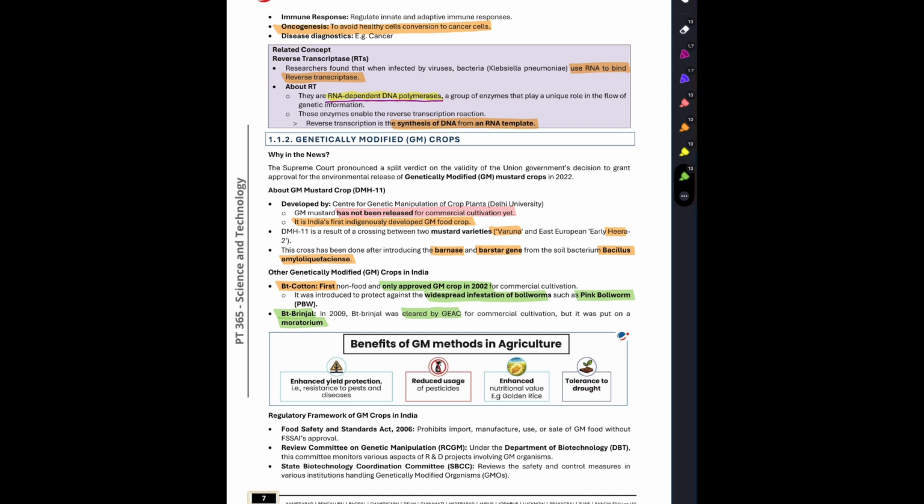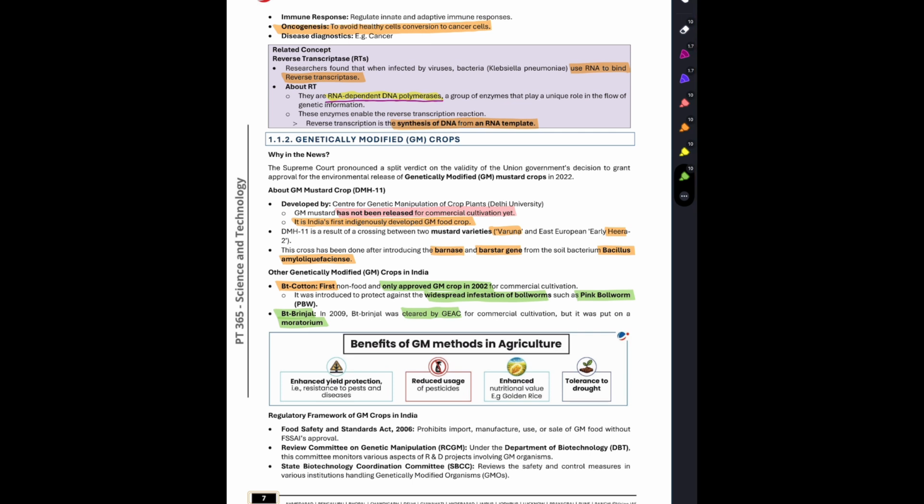So it was approved by the GEAC, but it was put on a moratorium later. So moratorium is basically a temporary stopping of an activity. So they're just stopping its activity on a temporary basis by an official announcement, official decree. Benefits of GM methods in agriculture: enhanced yield protection, that is resistance to pests and diseases, reduced usage of pesticides,